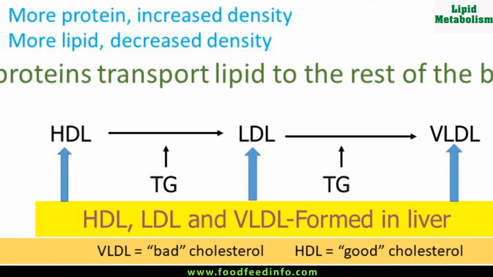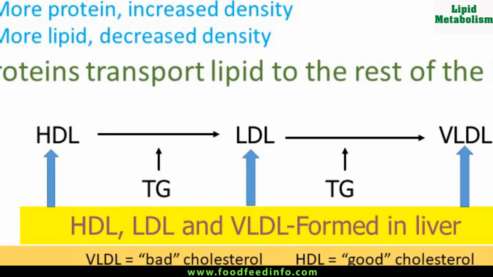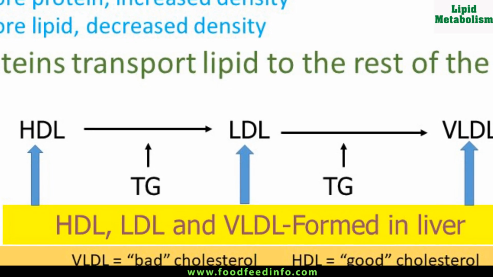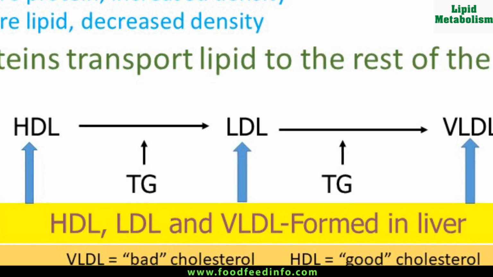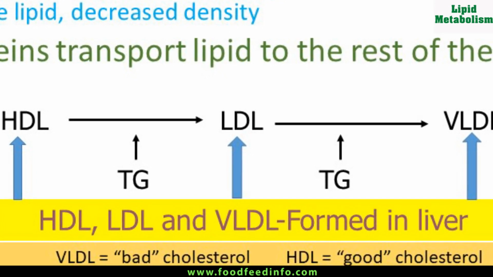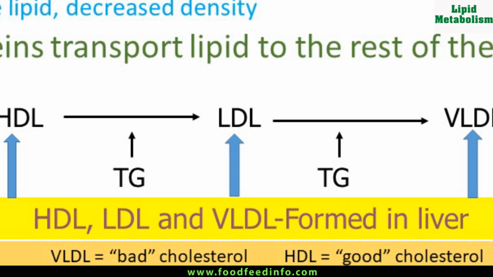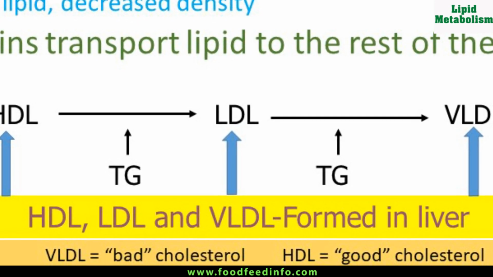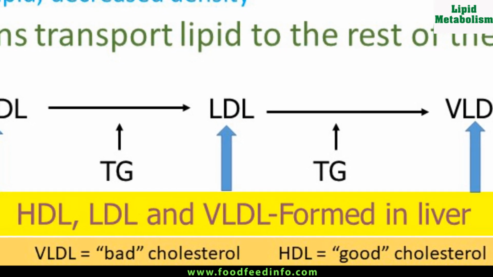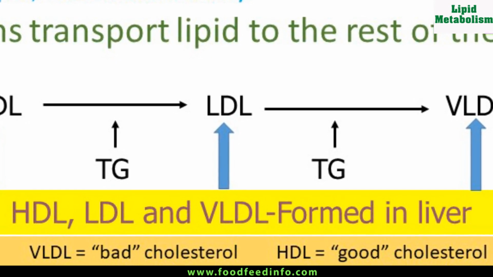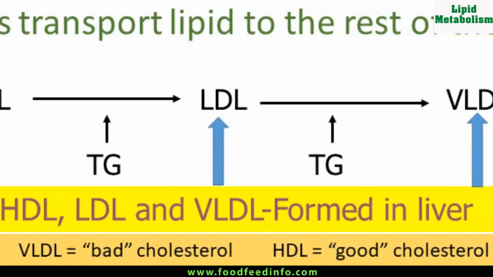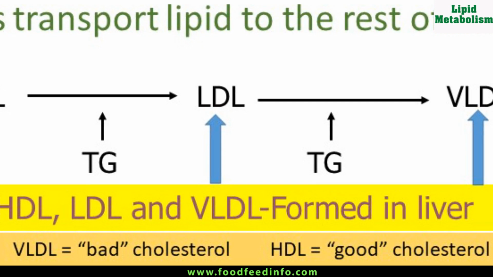High density lipoprotein is considered a good fat. The reason being the density is based on the amount of protein and lipid in the lipoprotein. If there is more protein, that particle will be more dense, so such stuff is known as high density lipoprotein. But if there is more lipid, that decreases the density, and the material is known as low density lipoprotein. It means low density lipoprotein contains more lipid, and that is considered bad cholesterol.